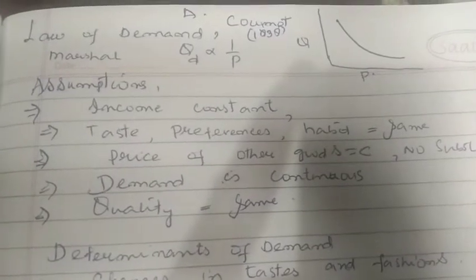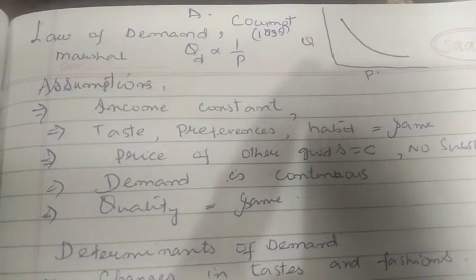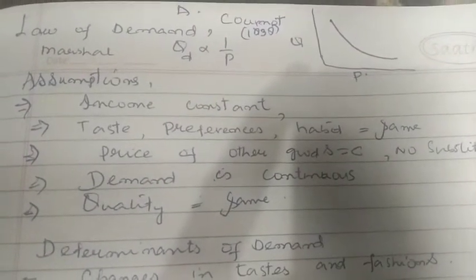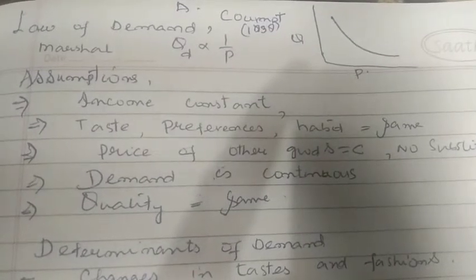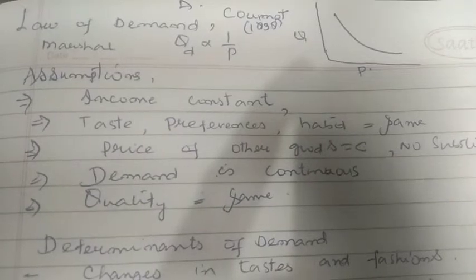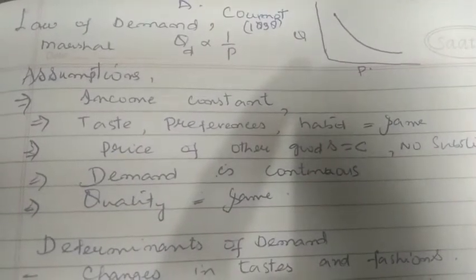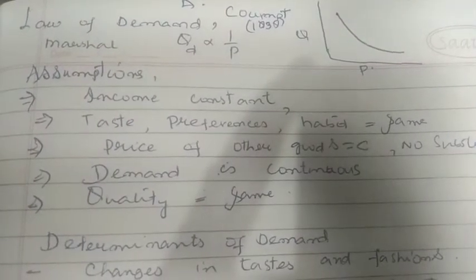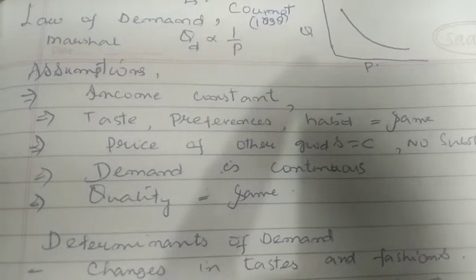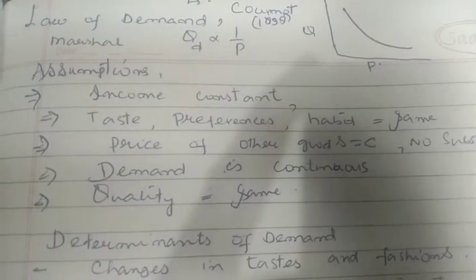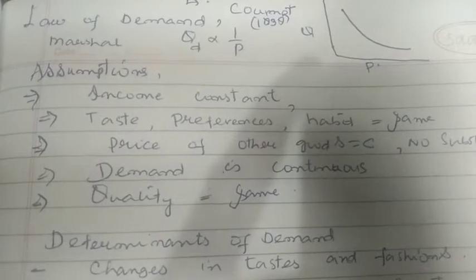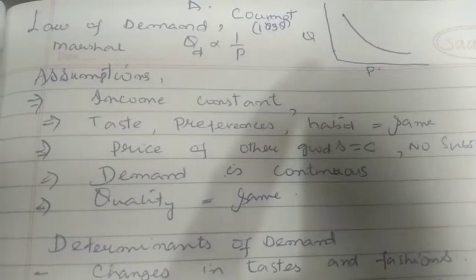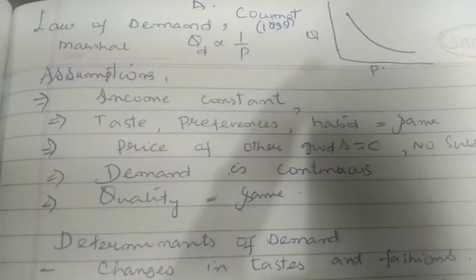So if the two have an inverse relation, the graph is drawn accordingly, and it will come out this way, as shown in the figure. As the figure shows, at higher prices the quantity is less, on the far right side, and at lower prices the quantity demanded is more. The vertical axis shows the quantity demanded Q, and the horizontal axis shows the price.